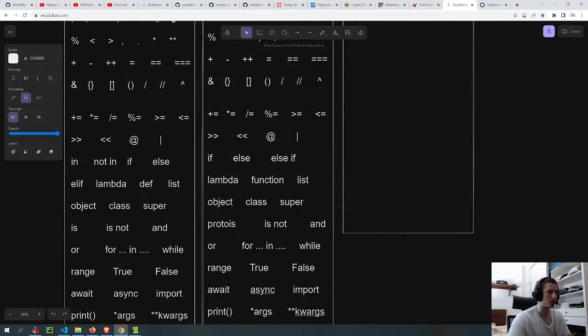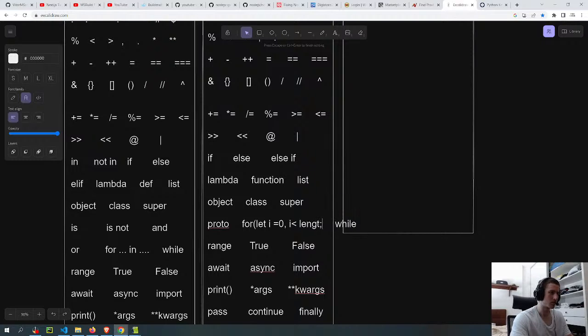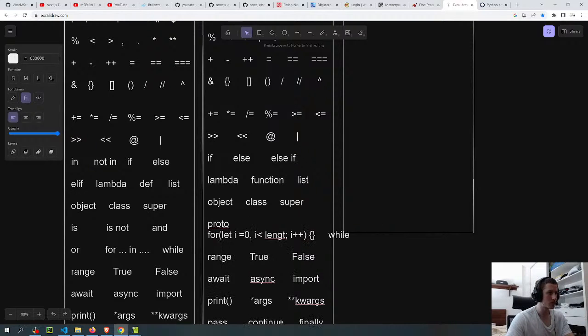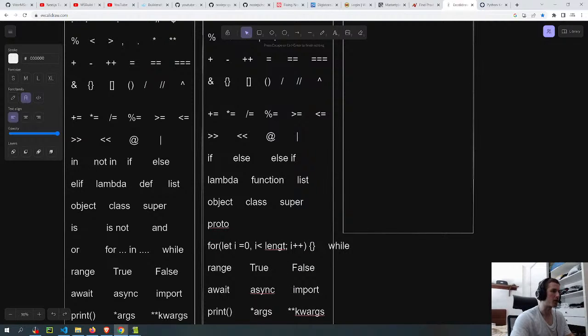This stuff is gonna be really annoying to explain about JavaScript as well. I think it's prototype as well.